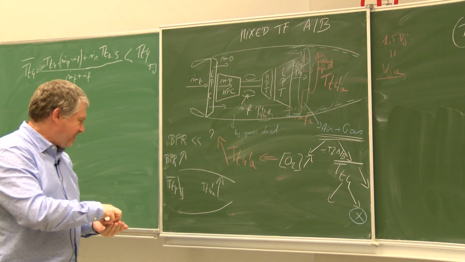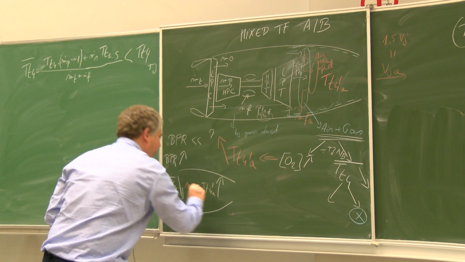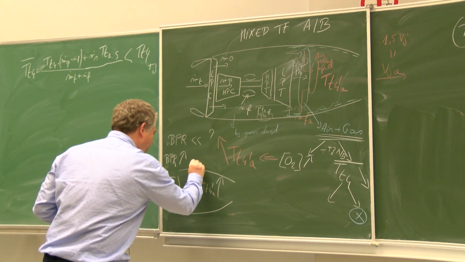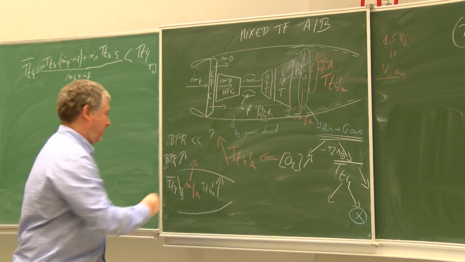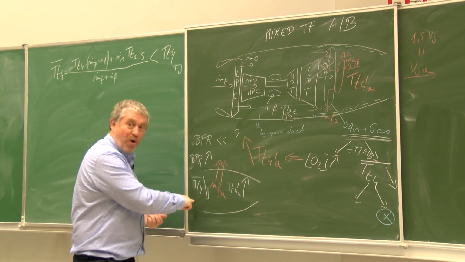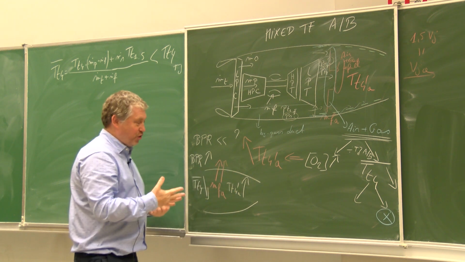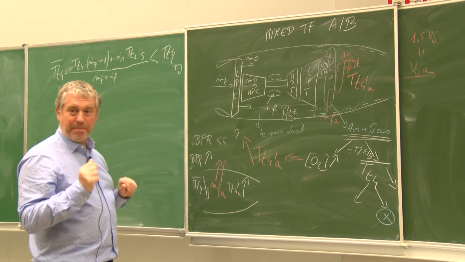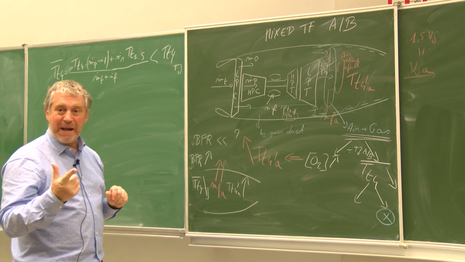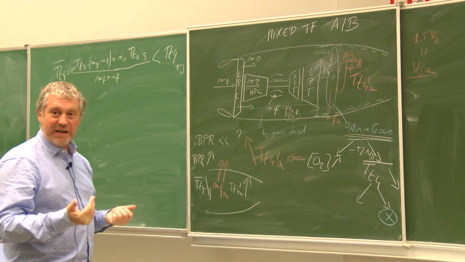So that means that the m dot FA that you need here will increase a lot, because you start from a lower temperature and you go to a higher temperature. So the higher the bypass ratio, the more m dot S you have, the m dot FA will increase more